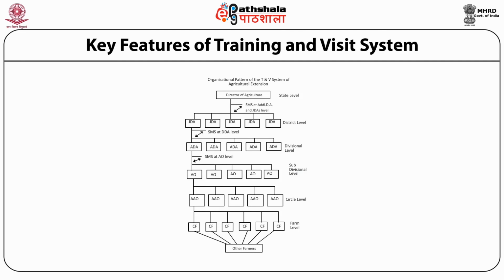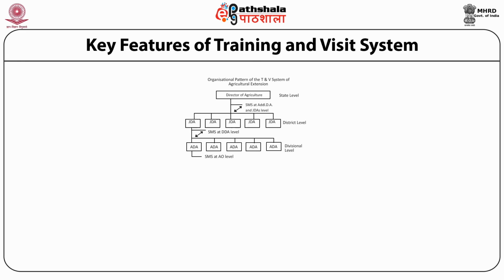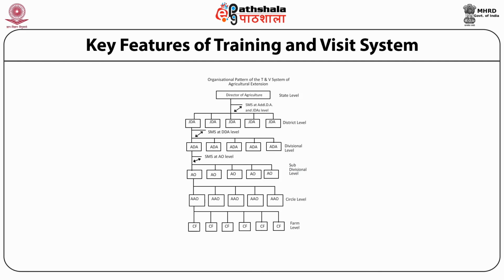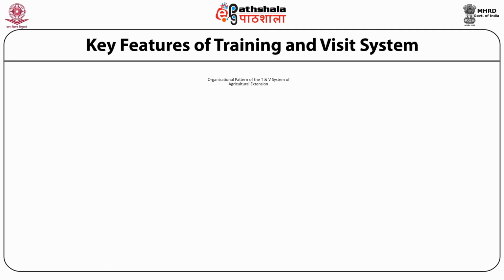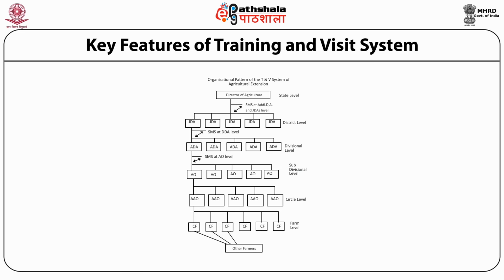Agricultural Extension Officer is the second level of officer that we find in the training and visit system. Basically, he is a graduate in agriculture, and mainly provides technical information support for extension services. The basic functions of the Agricultural Extension Officer include providing technical information support to VLWs and regular appraisal and review of organizational aspects.